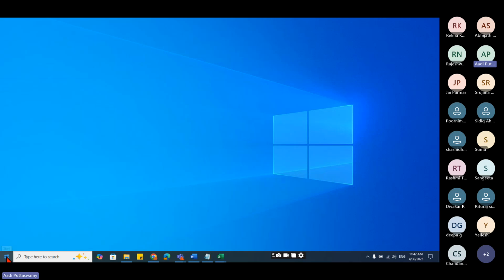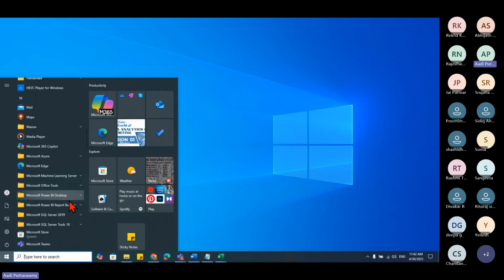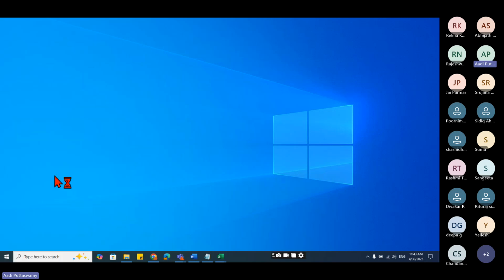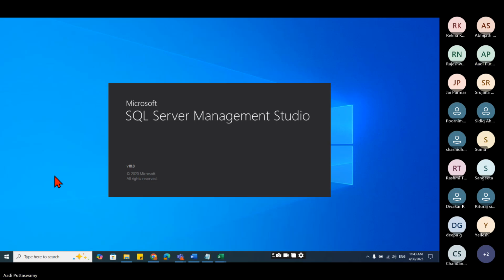But in my case, I have installed SQL Server. I will open this Management Studio. If you don't know how to install it, or if you don't have the software, go to my YouTube. There are many playlists for SQL. You can learn how to install it as well. Now I'll create one database, then we'll see how to import the data into that database, and then we'll start working on some simple queries. So let it get opened.